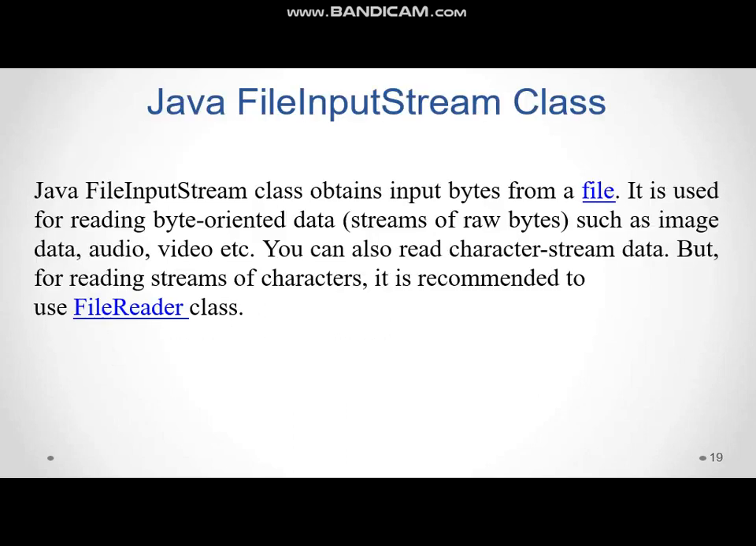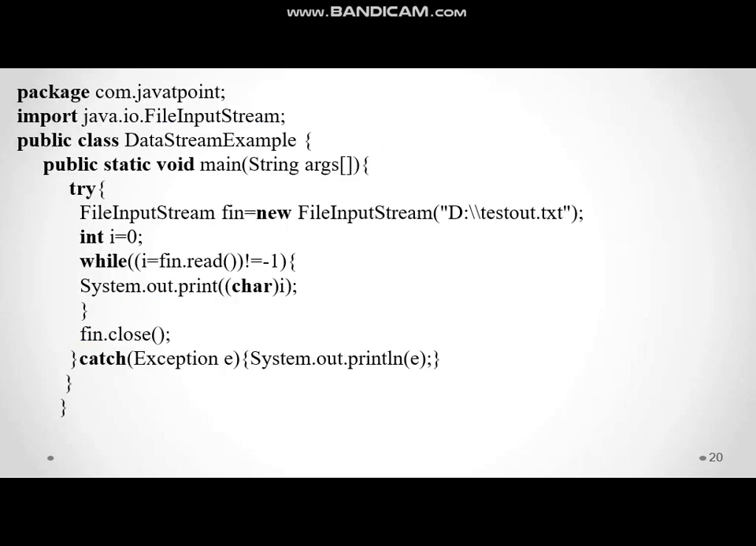FileInputStream class. The FileInputStream class obtains input bytes from a file. It is used for reading byte-oriented data such as image, audio, video, etc. You can also read character stream data, but for reading a stream of characters, it is recommended to use the FileReader class. This is a simple example for file input